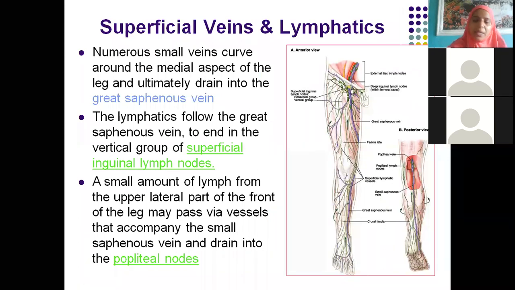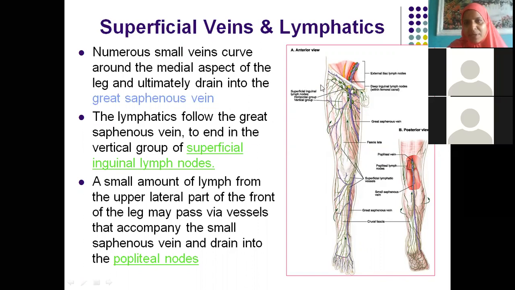for the venous drainage of the lower limb. For short information, see, this is the dorsal venous arch of the foot. This is the great saphenous vein on the medial side. On the lateral side, we have the short saphenous vein. Where is it draining? Day before yesterday I told you. Short means small, right? Popliteal. Very good. Great saphenous vein is draining into which? Femoral vein. Very good.